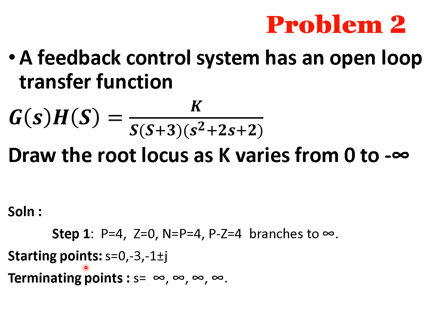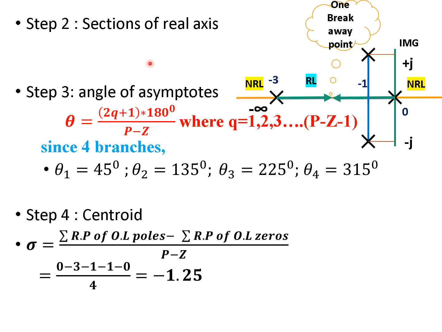Now the starting points: s is equal to 0, -3, -1 plus or minus j. The terminating points are all at infinity. Step 2, we'll write the partial root locus, and there are two axes, x-axis is the real axis and y-axis is